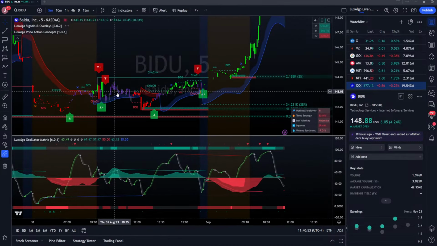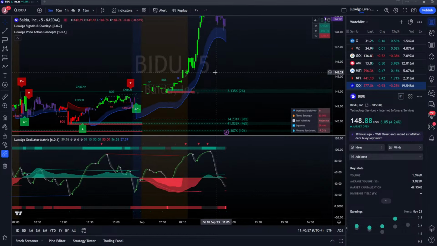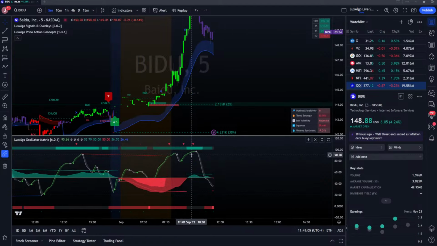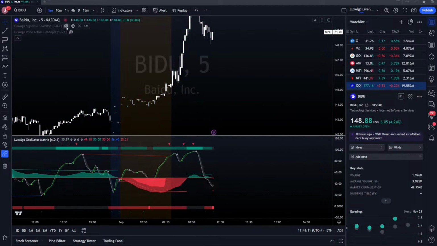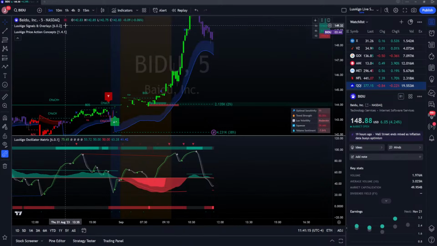We had a very choppy day yesterday. So going into today, we have a strong bullish candle. But we're sitting very, very high on the oscillator in overbought territory. So considering this, I probably wouldn't take it on the oscillator side. But if we were to pull up just the price action concepts, let me see here,